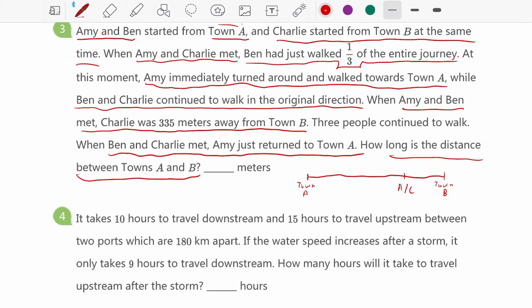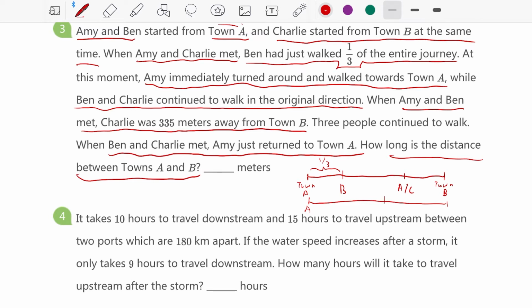So let's take a look, maybe A and C is somewhere along this line. So we know that Ben has traveled 1/3. That's the main idea. Now, we are going to skip the 335 meters part for now. Look at the way Ben and Charlie have met, when Ben and Charlie actually met,